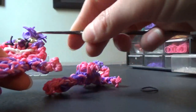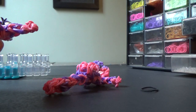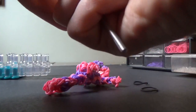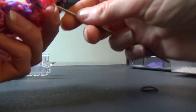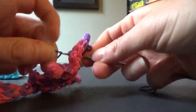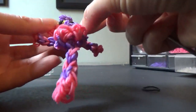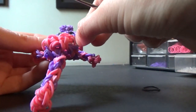What I did here, I'm not entirely happy with this, but I think it's okay. I think it was just 2 bands here, so 1 for each side. So all I did for mine is I reached through the face, just under the nose. I put a black band on my hook, I pulled it to the back, I secured it on a C-clip or another band, and once it was secure, I tried to angle it a little bit, and I used scissors to cut it